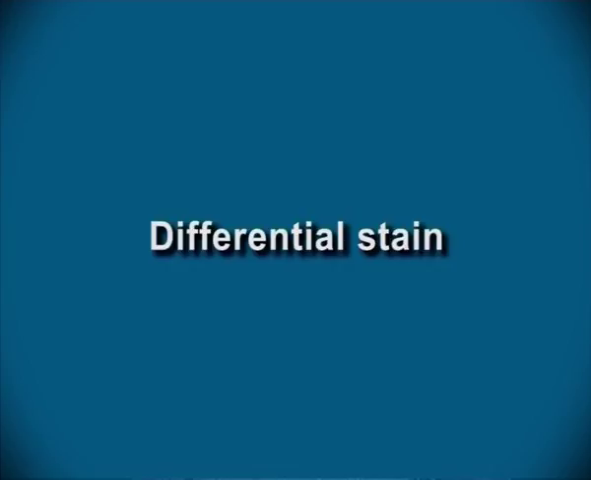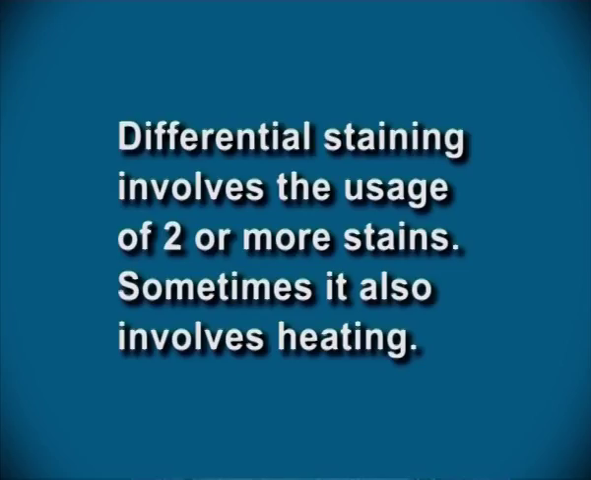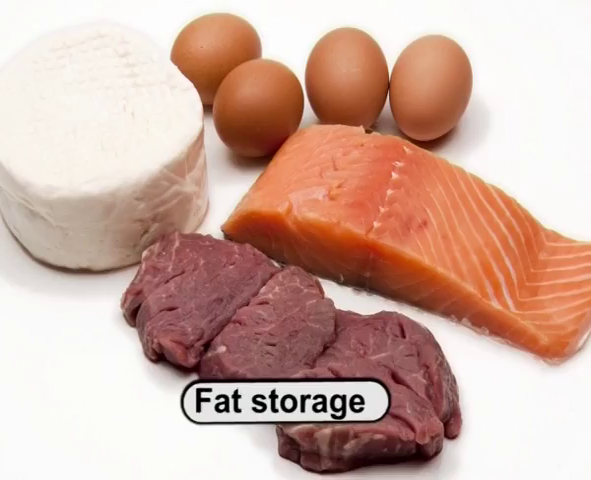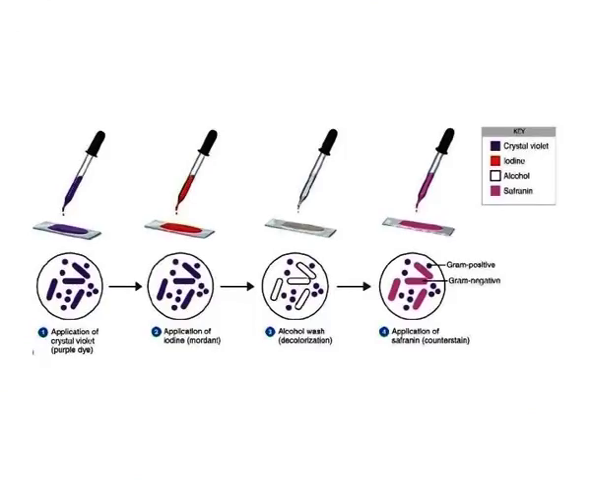To know about differential stain, differential staining involves the usage of 2 or more stains. Sometimes it also involves heating. Such staining techniques help in differentiating between different parts of a cell, for example, areas of fat storage. It can also differentiate the various groups of bacteria, for example, between gram positive and gram negative bacteria as shown